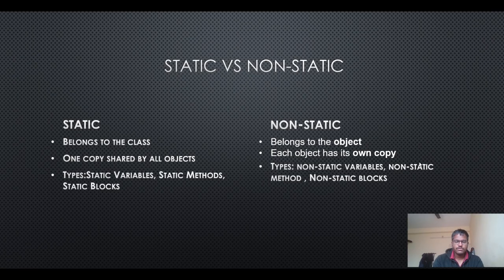You have to create an object, and this method also belongs to the object only. In that, like void display will be there, that is one non-static method. Then non-static blocks. In this nothing will be there, only open and close curly braces. In that we write some logic. Why do we use non-static blocks? For initializing